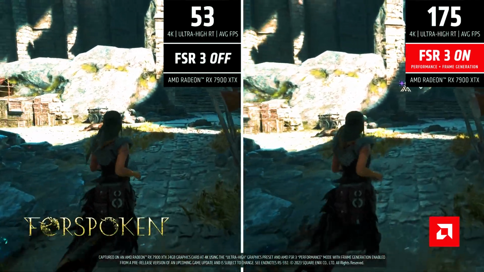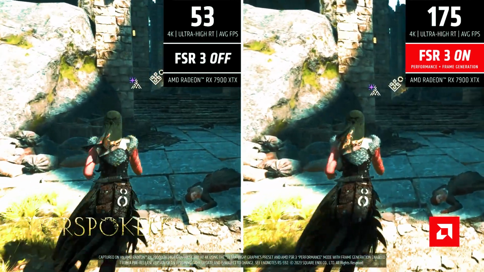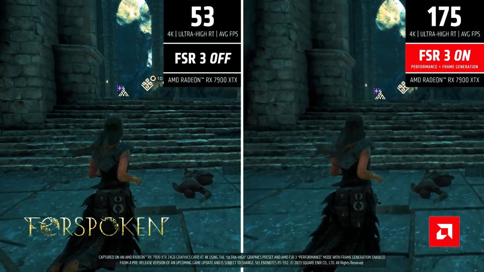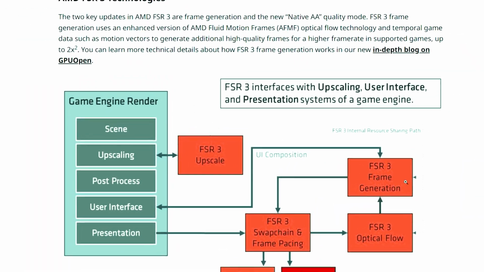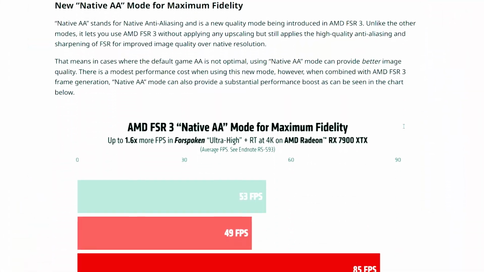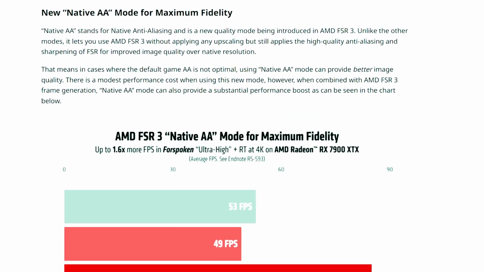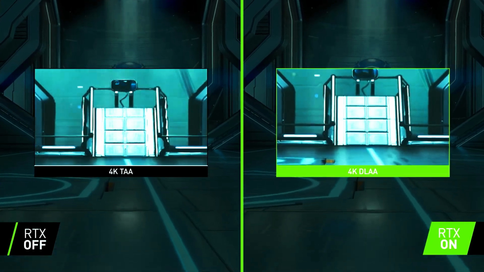Now, one of the biggest changes or implementations AMD is bringing over with FSR3 is its frame generation tech. What this does is it allows the system to create entirely new in-game frames and present them to the user, which then ultimately enhances the FPS, or the frames per second, in the games that support them. And now AMD has introduced two essential new implementations with FSR3, one being the new frame interpolation tech and a new higher quality native AA, or anti-aliasing, quality mode that is meant to sharpen and improve image quality, similar to NVIDIA's DLAA, or deep learning anti-aliasing tech.